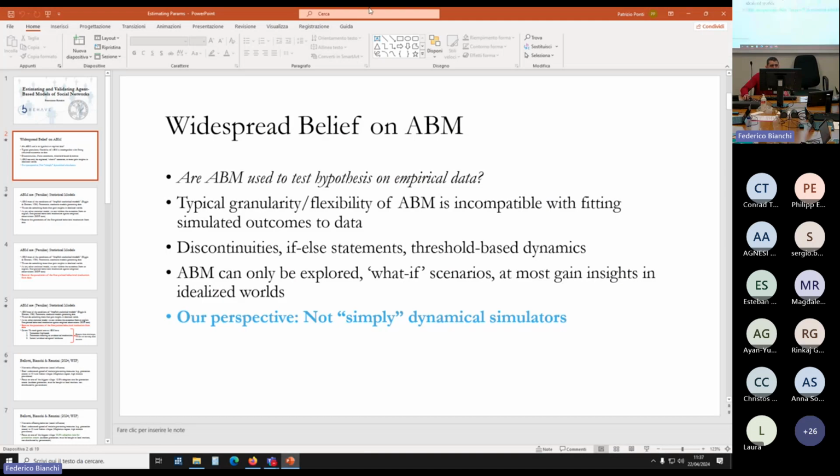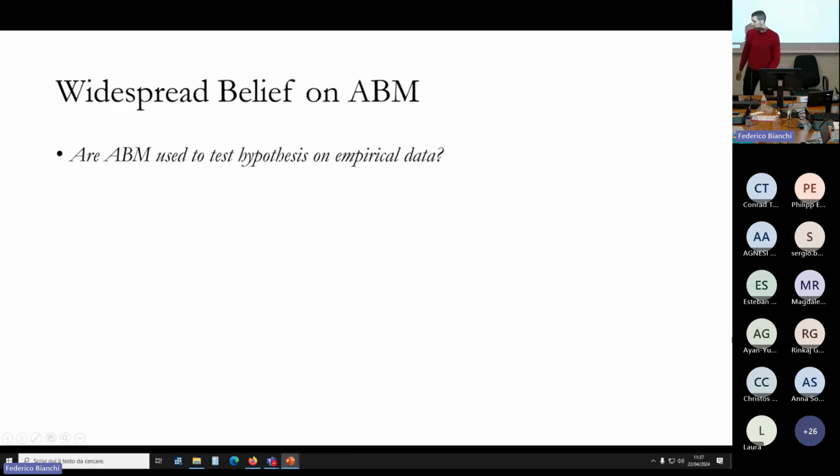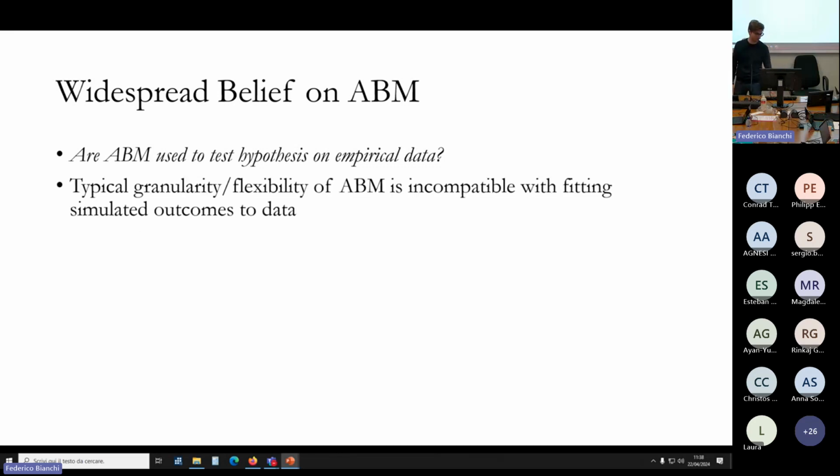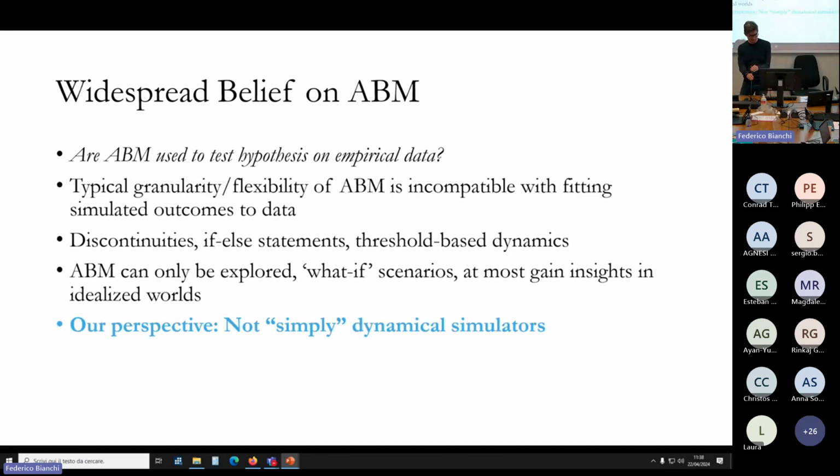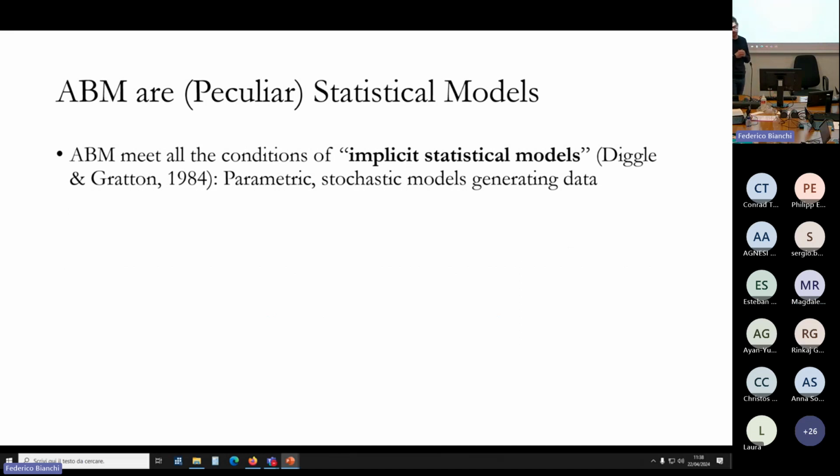Okay, good. I mean, which is something that is very valuable in its own right, yet we can do something more, right? So the perspective that I want to sell you today is that we can conceive agent-based models not simply as dynamical simulators, but also as statistical models. As I told you, they have these Janus-faced